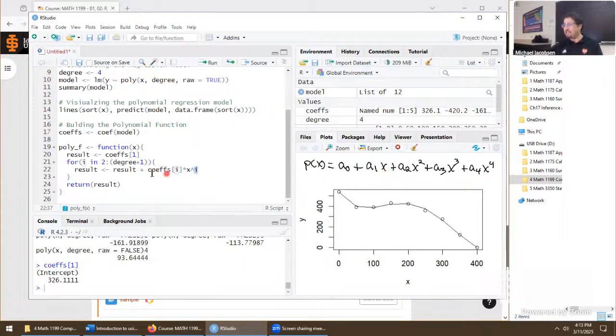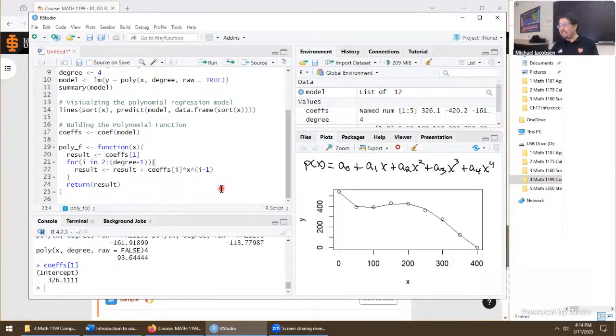That's where the trouble is. We throw i right there. The power starts as power 2. Now we have the wrong coefficient. Well, if we go i minus 1, then we're in business on this. Because when i is 2, that's to the power of 1. And when i goes up to the final thing, degree plus 1, well, degree is 4, we'd be at 5. That means we're using the 5th coefficient. We'll go on the 5th term, and then finally, the power has to be 4, so we just subtract 1 from the power. That's why it has to be i minus 1 right here.